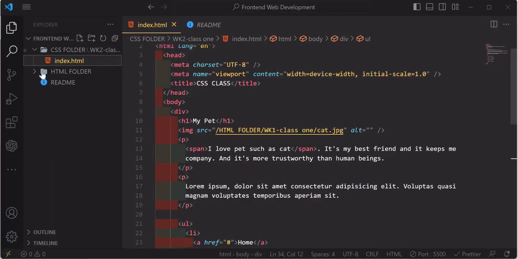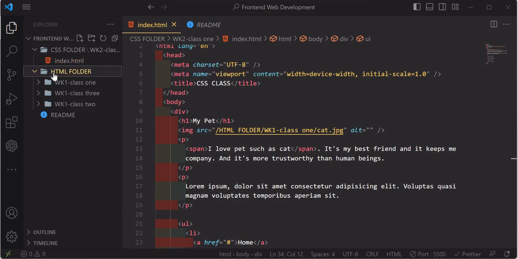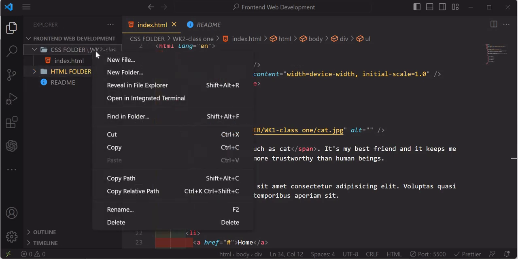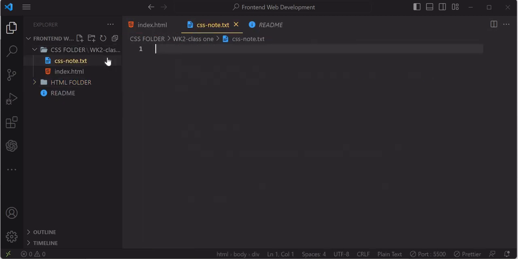let me bring out my notes now. Oh, I think I deleted it. Oh God. All right, so let me just create a new note. CSS note dot txt. CSS properties or inline